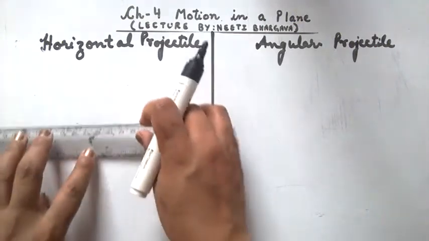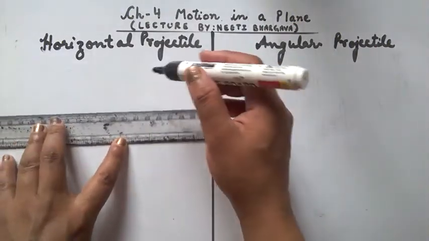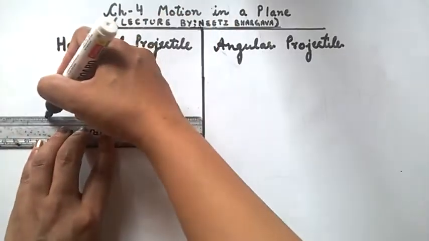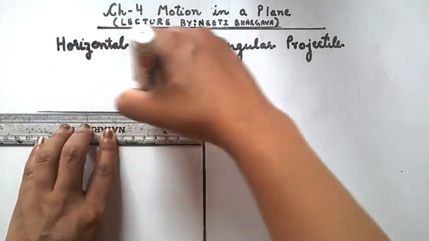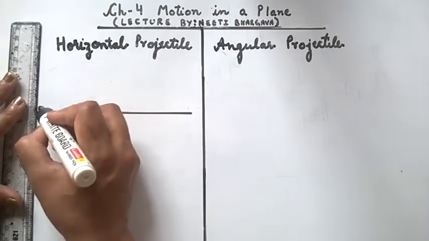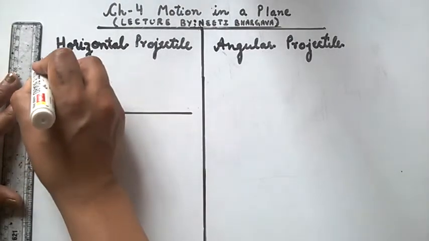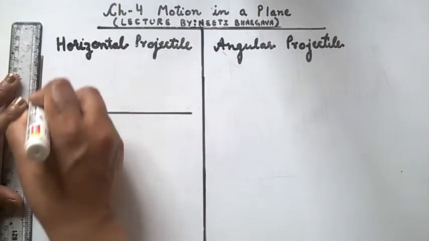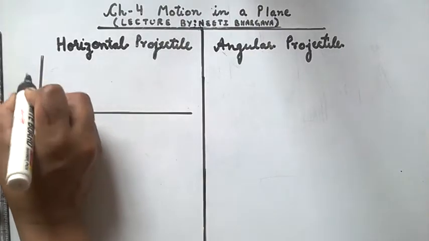So let's draw its diagram first. From the ground, let an object be projected from a vertical height h,